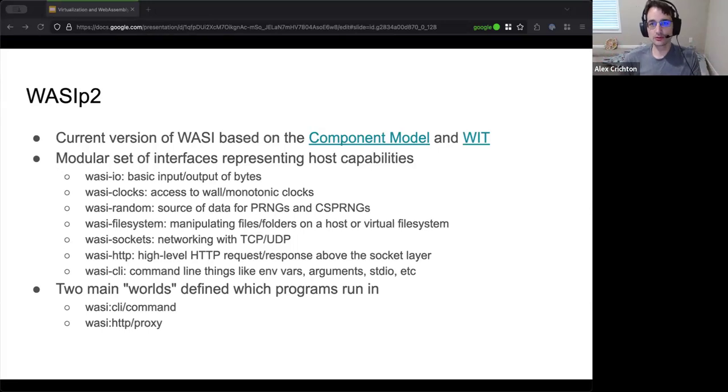So this is intended where there's a couple of standard worlds. We have the WASI CLI world, which is intended for when I'm going to run this outside of a browser, and that has all these things available to import. They're all implemented with native Windows, Linux, macOS APIs, things like that. The other world is HTTP proxy, where you can define a WebAssembly module that takes a request and gives you a response, and you can reuse that if you want. It's got one function, which is take a request, return a response, and it's very geared towards HTTP. For example, it does not have the CLI interfaces. It does not have sockets. It doesn't have a file system. I would think of it like Nginx, where you run it next to an Nginx server or something like that, your function-as-a-service style of things.